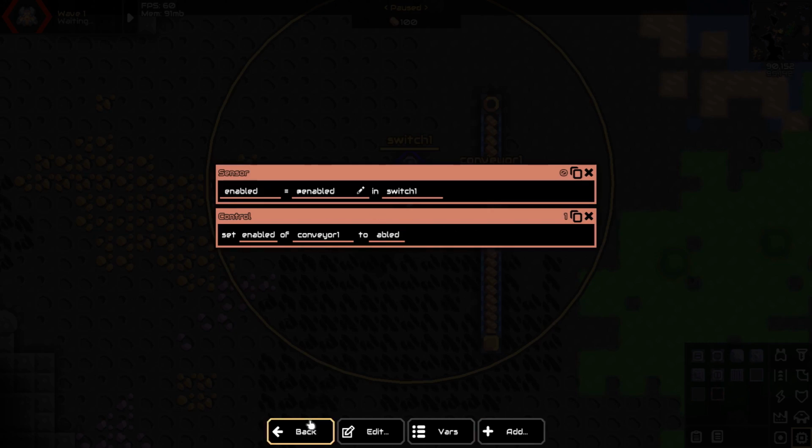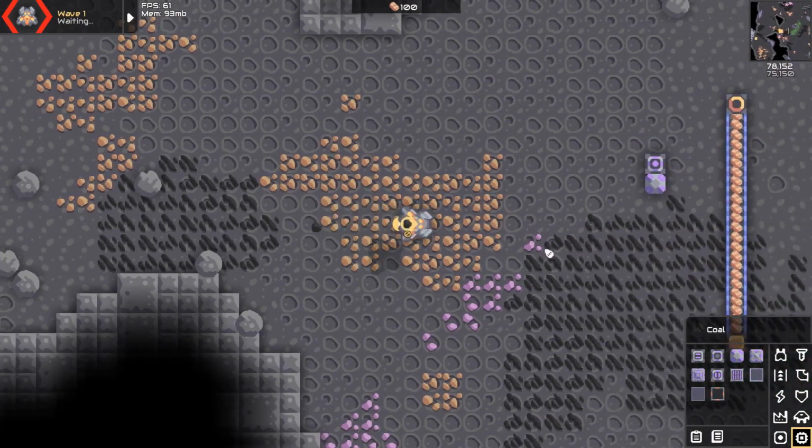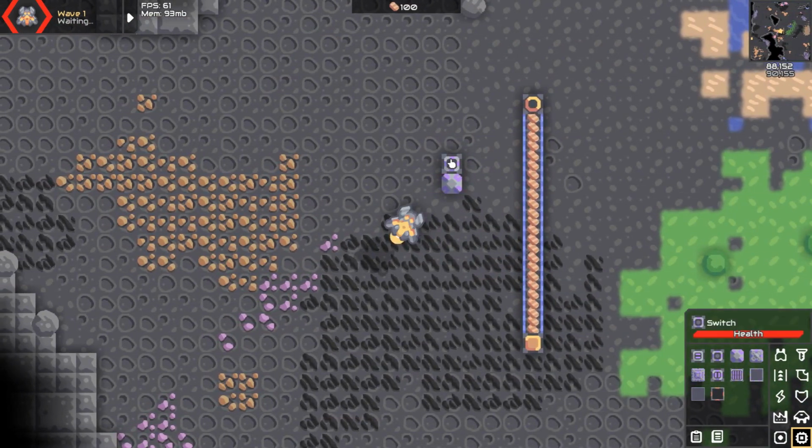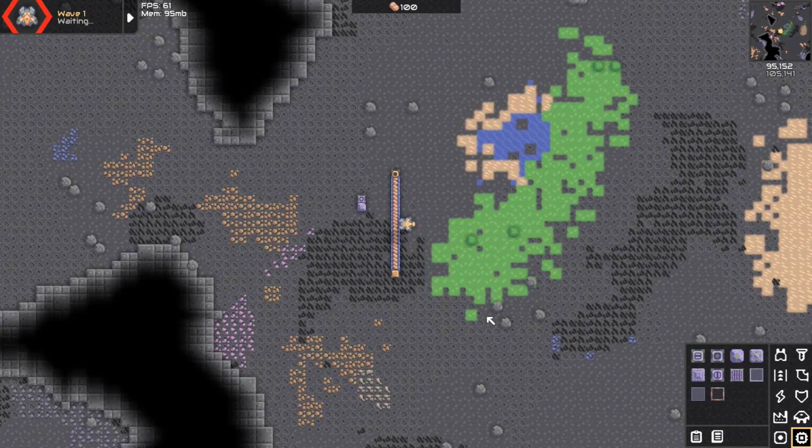You could set it to 0 to permanently disable it, but we don't want that. So now we have a conveyor that is always on, and we can just turn it off, and on, and off, and on, and off, and so on. What if you want to do this with multiple conveyors? Well,